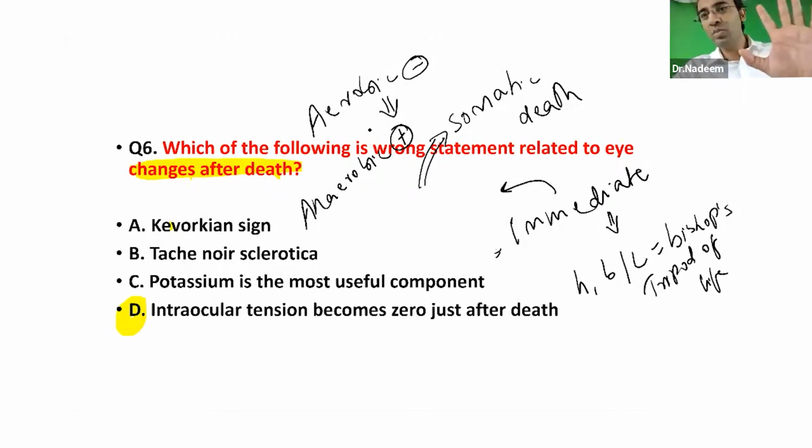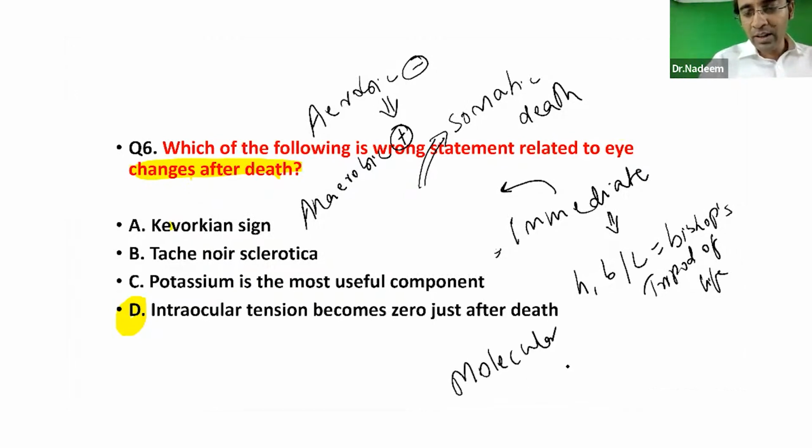Okay, so this is going to be function. But after a few minutes to few hours, when each and every cell of the body will be dead, that will be called as what? Molecular death. Now here,